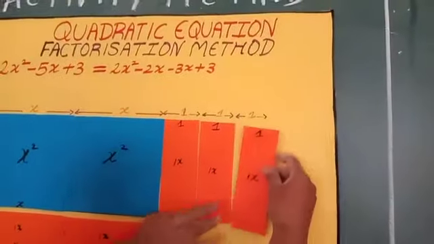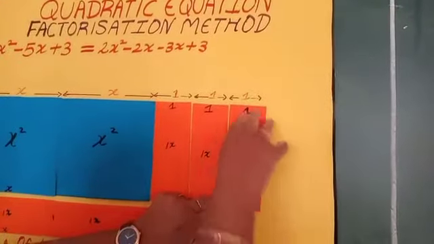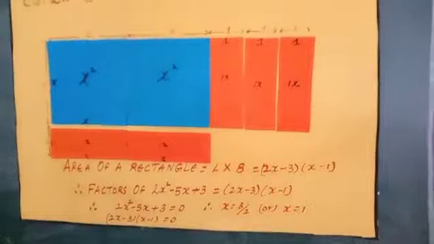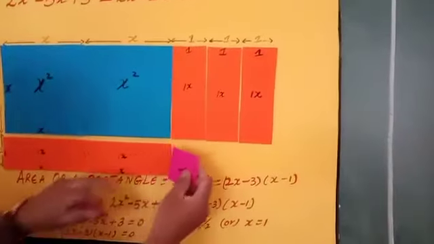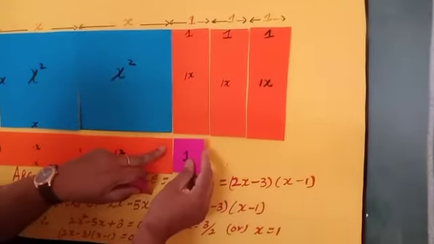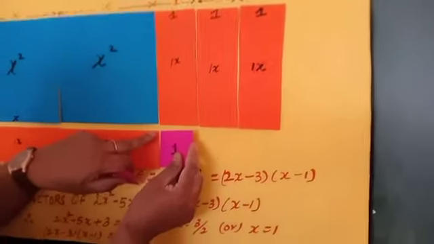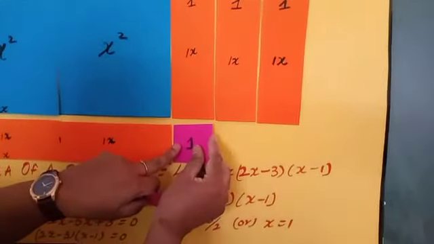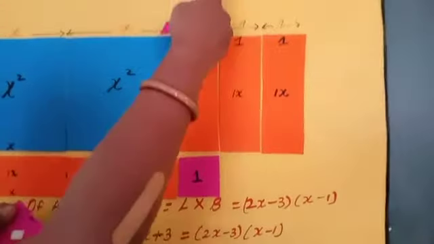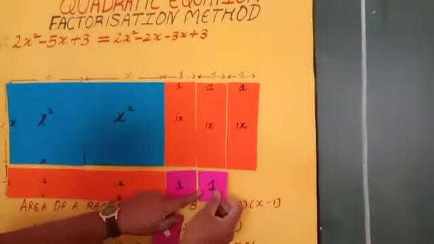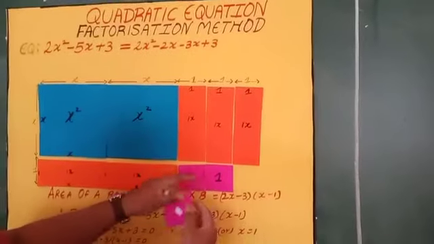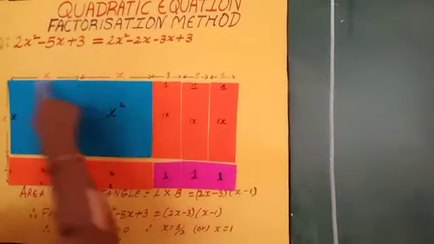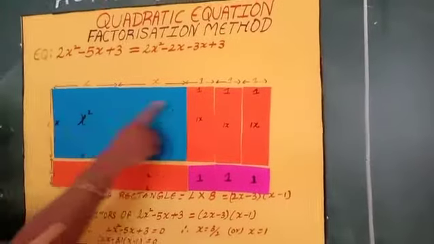Now we have to take some small squares to fill this place, and the side of the small square should be equal to the breadth of this rectangle. So you place this here. How many are there? 3. So we take 3 here. So I place them. If you see, can you observe what it forms? It forms a rectangle shape. Okay, it forms a rectangle shape.